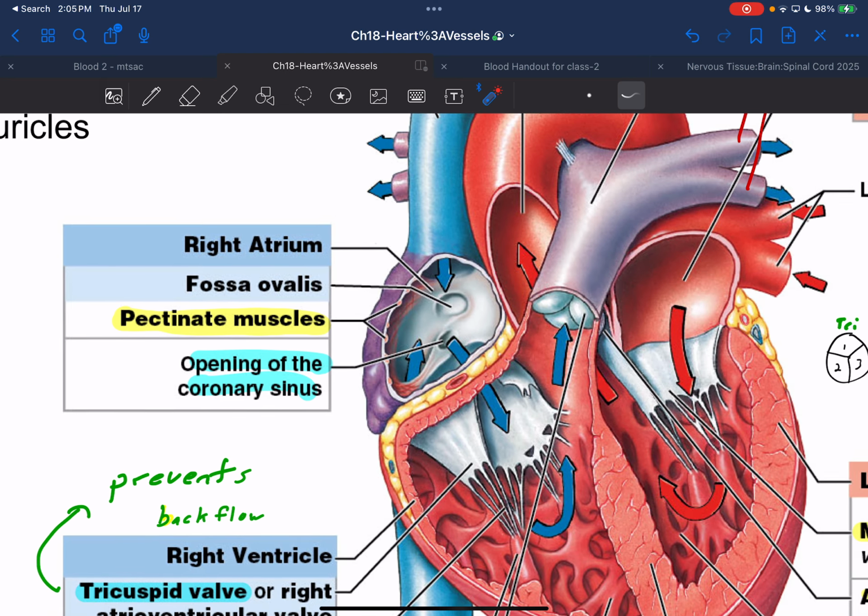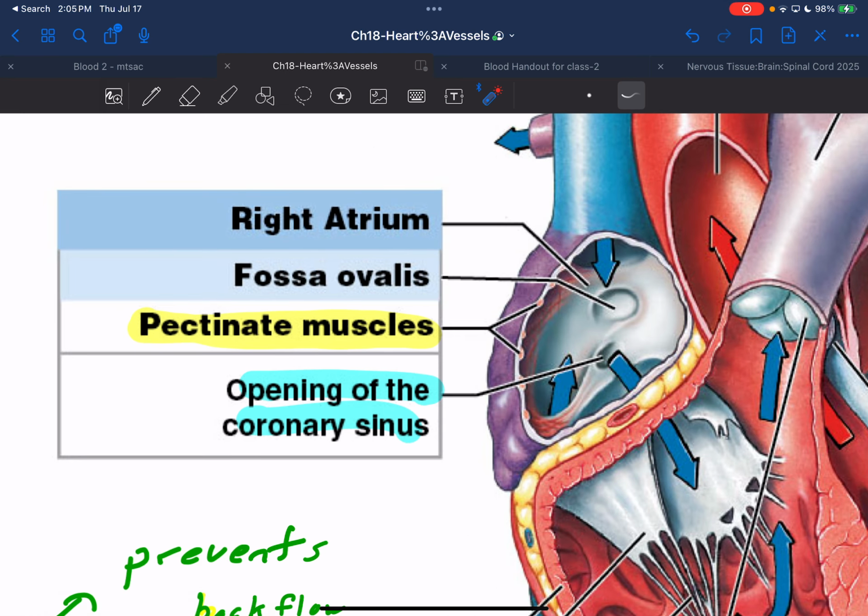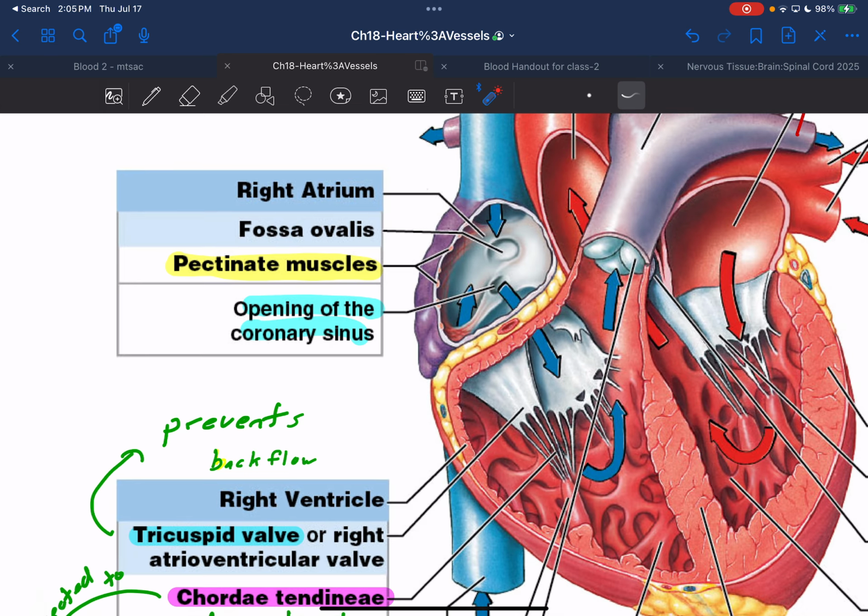Now, this is where the story of blood flow begins. You can see all our blue arrows, one coming in from superior vena cava, one coming from inferior vena cava, and there is an opening from the coronary sinus, the one that's bringing blood from the outsides of the cardiac muscle. So this coronary sinus, all these three locations draw blood into the atrium. Next,